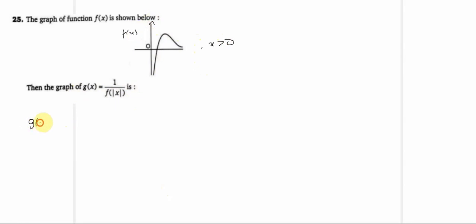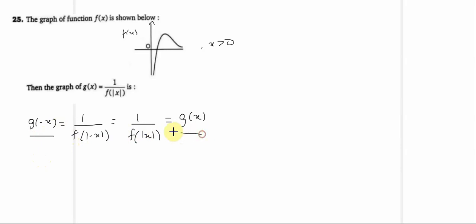So observe that g of minus x is just 1 by f of mod of minus x, equal to 1 by f of, you see, mod of minus x is same as mod of x, so that will give g of minus x equal to g of x. Such functions are called even functions. If g of minus x is equal to g of x, such functions are called even functions. And for even functions, the graph will be